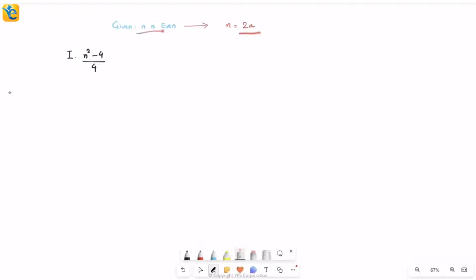Now, let's get back to the question at hand. Because n is even, n has to be divisible by 2, so n equals 2a, where a is some integer. This 2a I'll simply replace here in my expression, and this will help me make my inferences easily. Now first this becomes 4a squared minus 4 over 4, and I can very neatly see that I